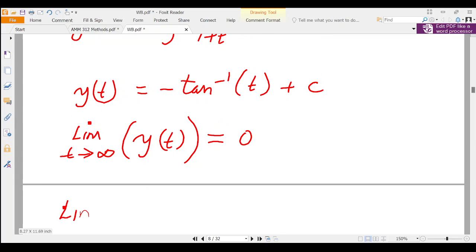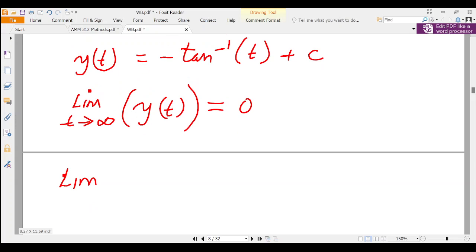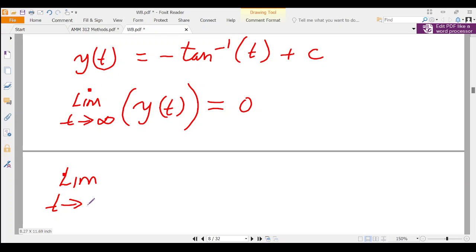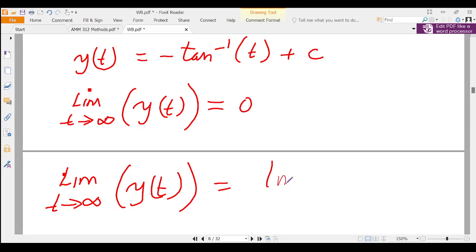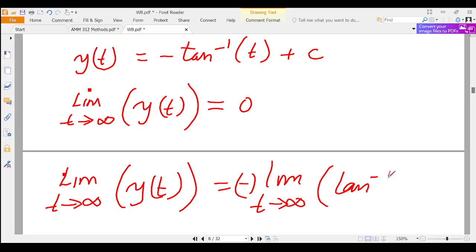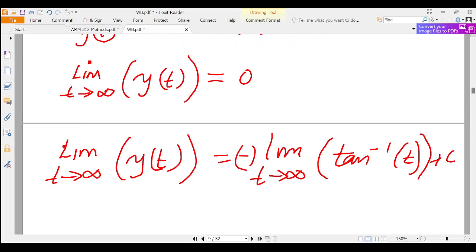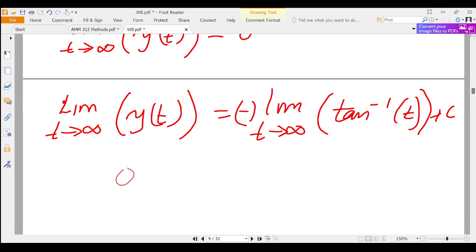We write the limit as t approaches infinity of y of t is equal to the limit as t approaches infinity of negative tan inverse of t plus a constant. So the left hand side becomes 0, which is equal to minus 1 times,